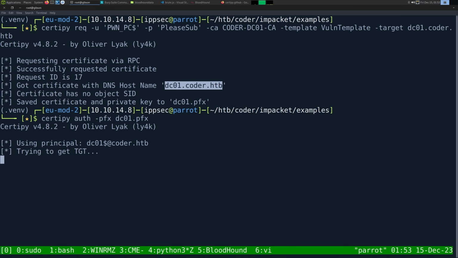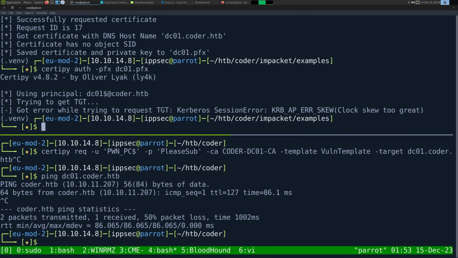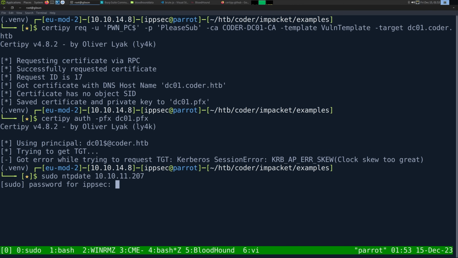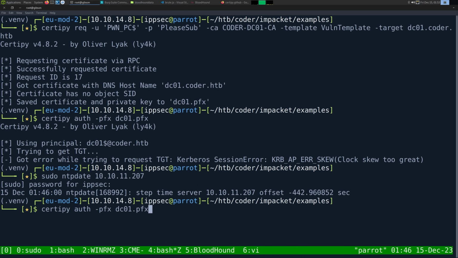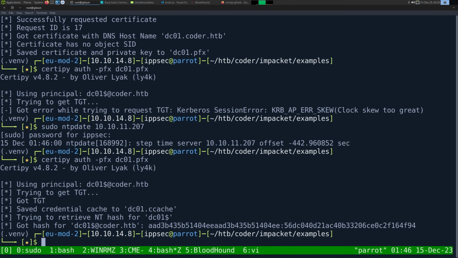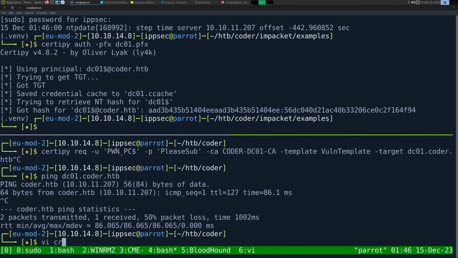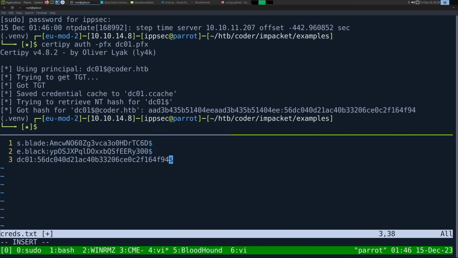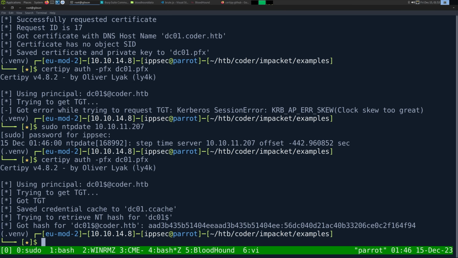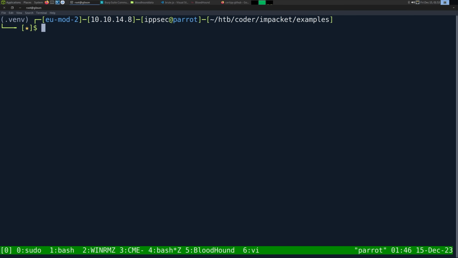It's thinking about it. Clock skew. So we can do sudo ntpdate. And we fix the clock skew. And we've got the NTLM hash of the DC. So this should allow us to do a secretsdump. So hold on, let's do vcreds dc01 like that. Okay. So let's see. Let's do a secretsdump, then